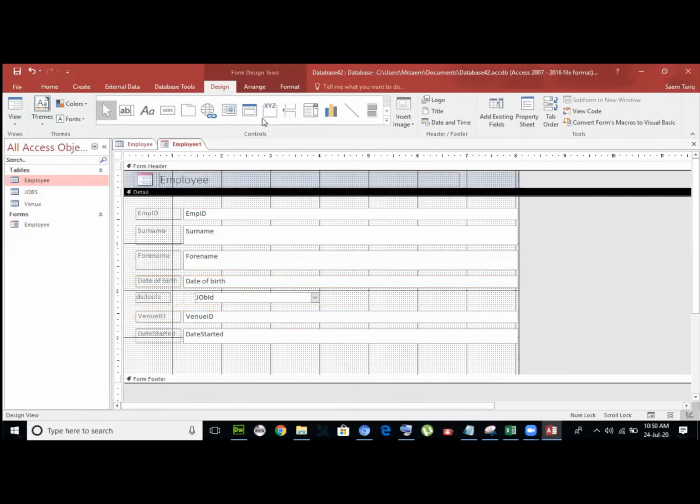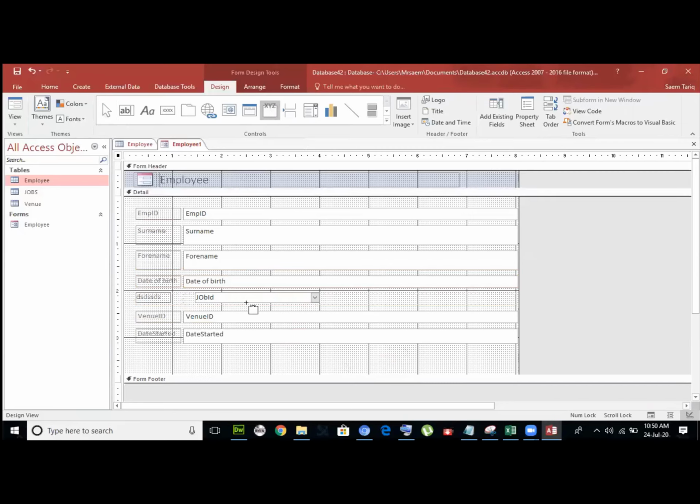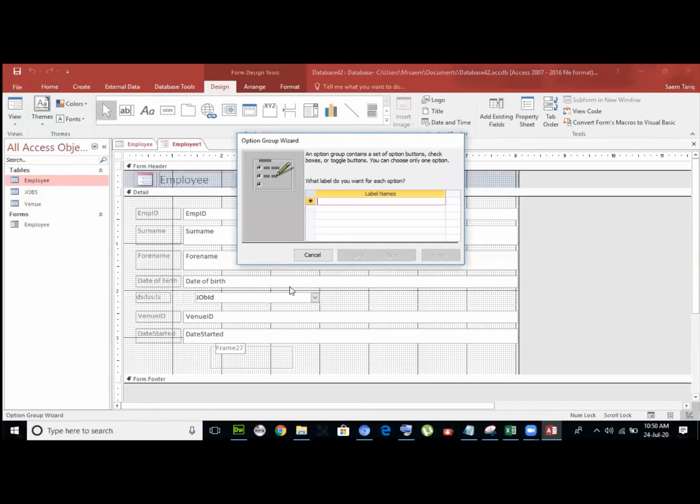देखो इधर, do you see XYZ option group? इसका नाम है, we call it the option group. Okay, just click on this and let me just drag it over here. I'm just demonstrating this. I'll give you the example. I can have lots of options, but obviously me one of the option,